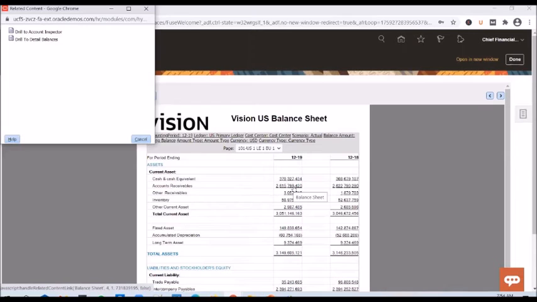So if you want to see what balance has come from those child accounts of 11,000, you can click on this. And for you to be able to click on this, you need to enable a drill through functionality in your FRS reports. I'll show you how to do it in a moment. But if you enable drill through functionality in your report, you will be able to click on the balances and see these two options. And these two options will help you to get the details. The first option will help you to figure out from which child accounts this balance has come from. And the second option will help you to figure out from which journals this balance has come from.